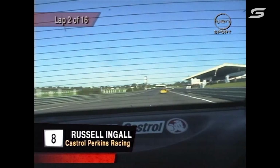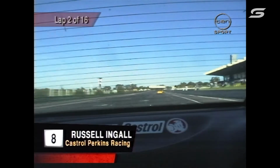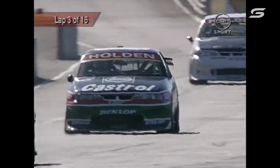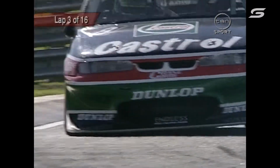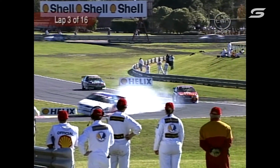Have a listen to this at the end of the straight. Listen when they change down through the gears, when Russell changes back. You hear the noise of the transmission. Here we are. You can tell Ingall because of the yellow strip across the windscreen. That's the way of differentiating between...